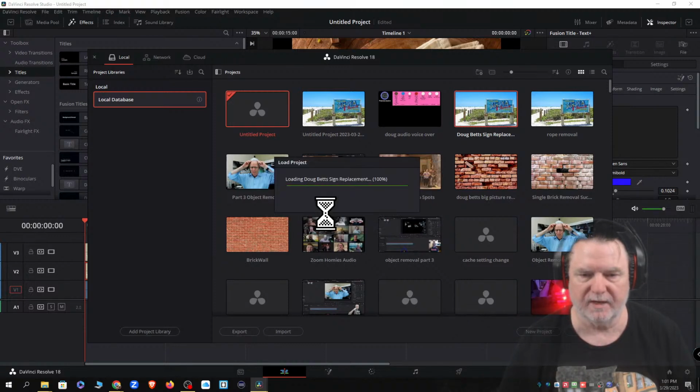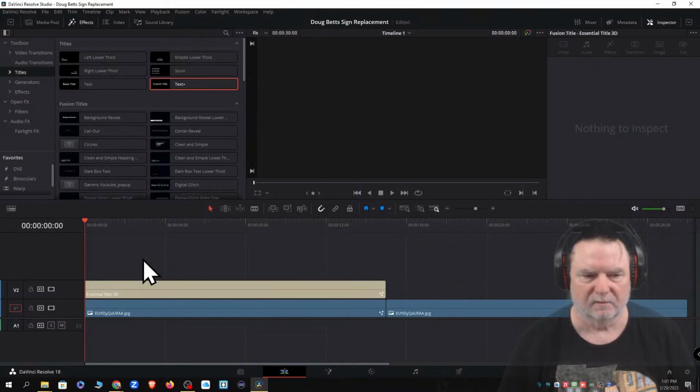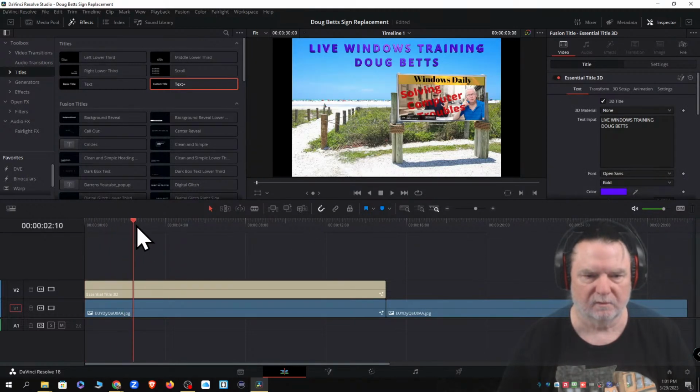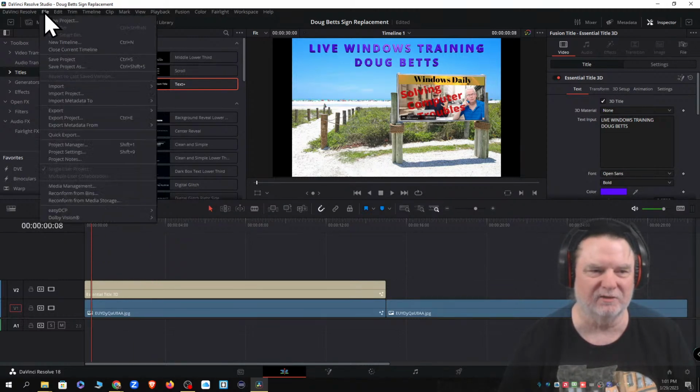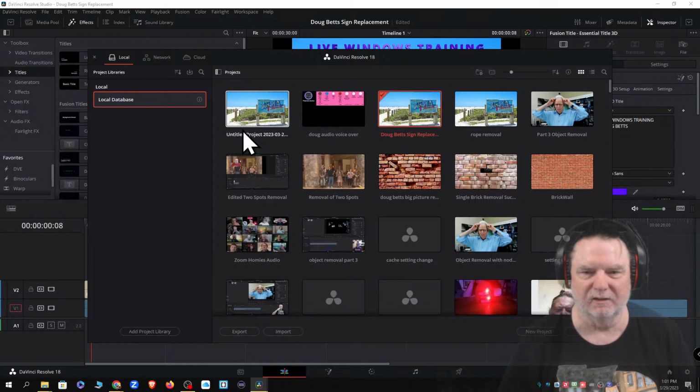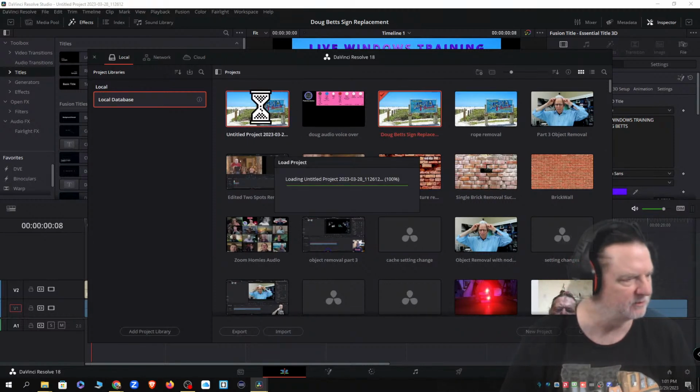I don't want to save that. Trying to get away from the duplicates. I think this is the right one. Possibly not the right one. Thank you, Tony. That is not the right one. I actually went in and changed this and put the, where's it at? Is it this one? Oh, it is this one. I forgot to change the